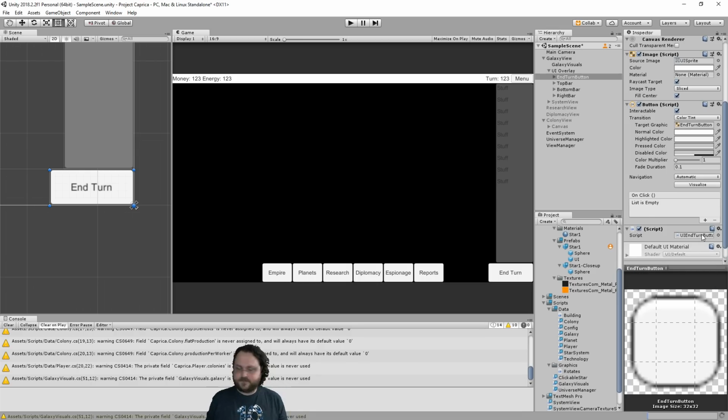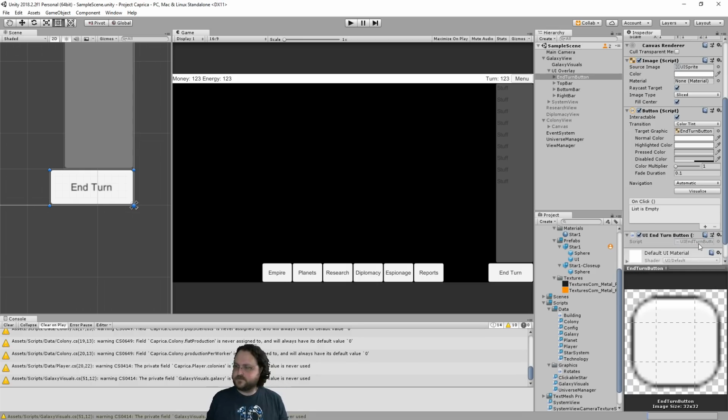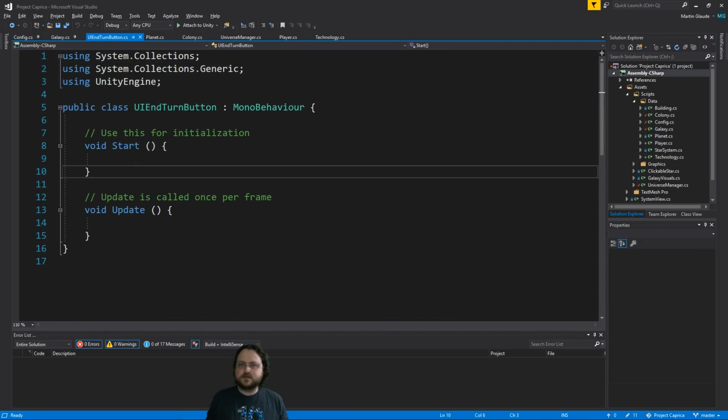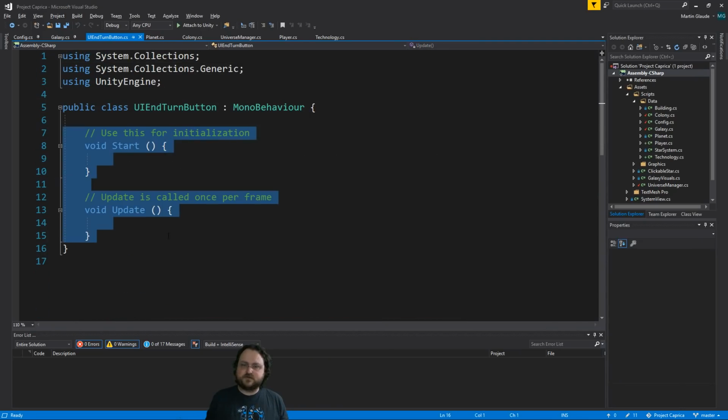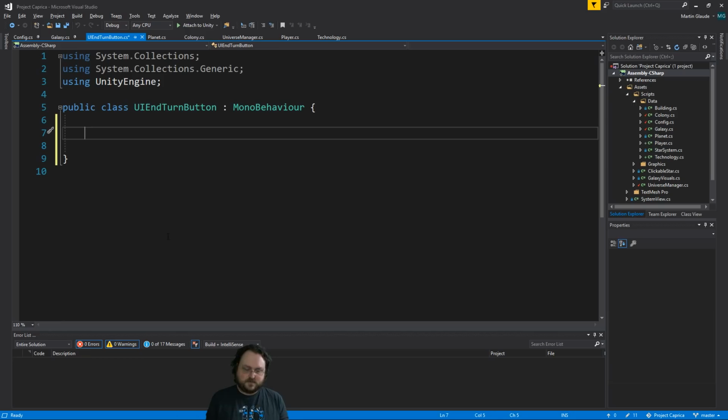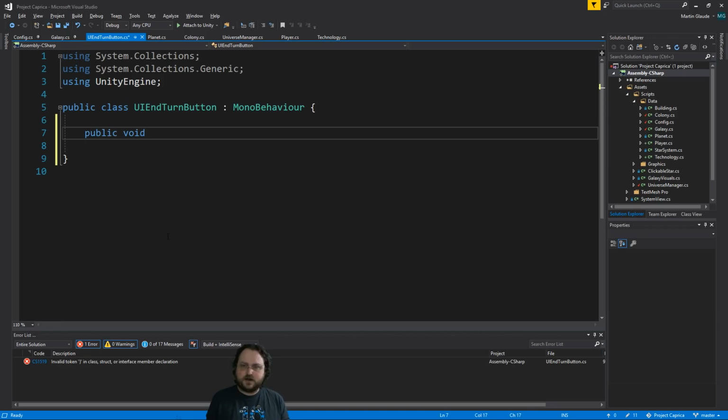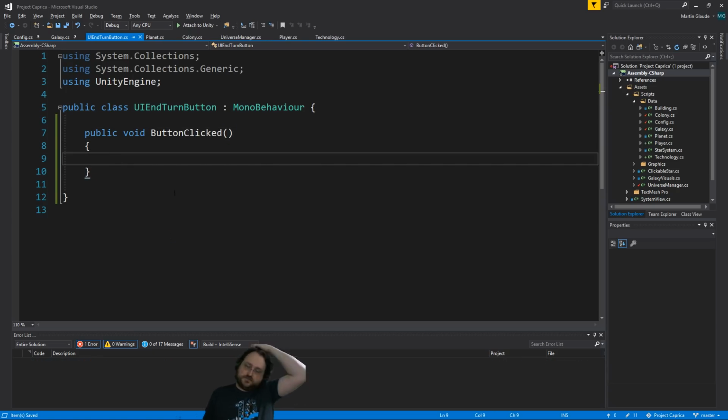undo that. And this is going to do something very simple. We're just going to have public void button clicked. Now we could use the Unity UI stuff to implement an interface and have it automatically do things, and maybe that would be better. I don't know, but